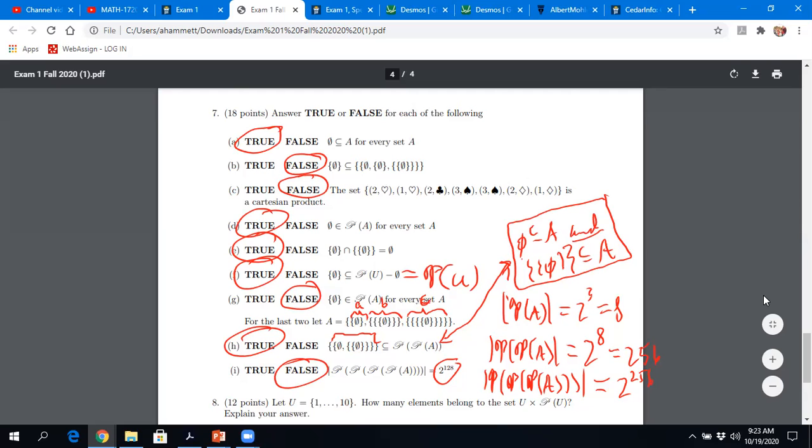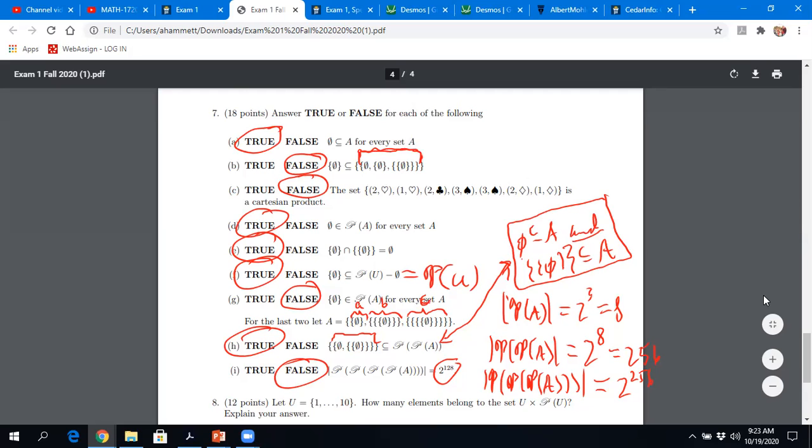And most people did decently well on these other ones, okay? It's true that the empty set is a subset of every set because the empty set is not an element of that second set, right? So look, this guy right here only has a single element in it. It's this crazy looking thing right there. And so the empty set is not an element of that right-hand side. So you don't have that subset containment. Most everybody got C right, okay?